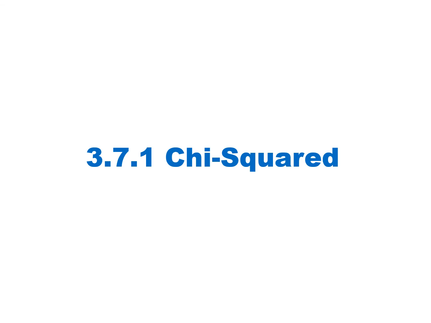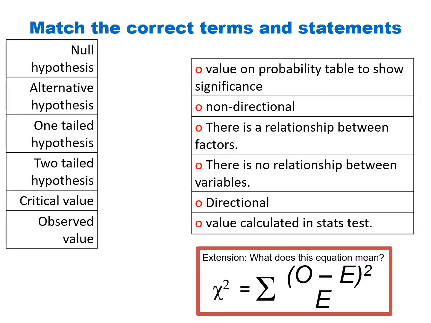In this presentation, we're going to be looking at chi-squared, which is one of the statistical tests that's listed on the A-level specification. There are a number of terminologies that you have to take the time to memorize in order to pass any question related to statistics on the A-level biology course. Please take the time to go and learn these off by heart before going any further through the presentation, or you're going to find it a little bit more difficult to keep up with things as we start going into